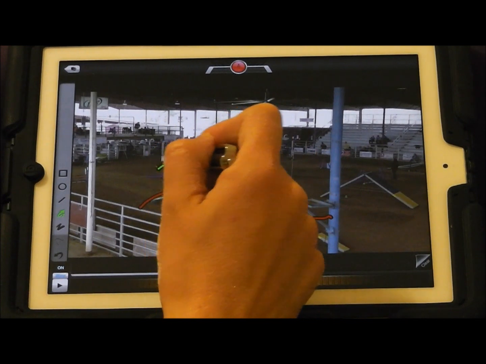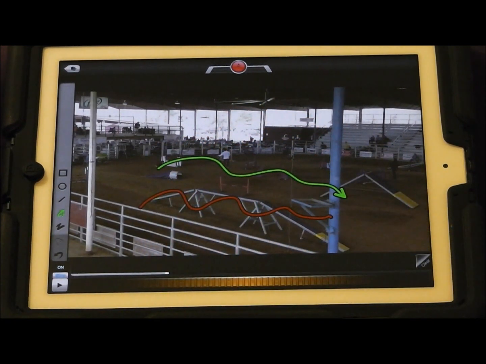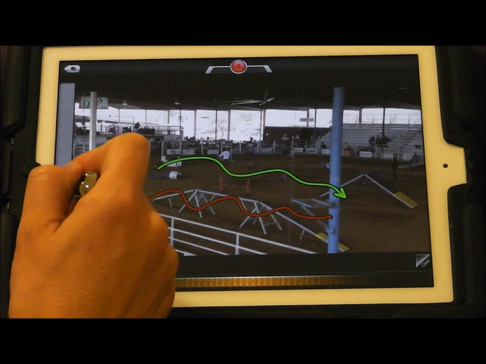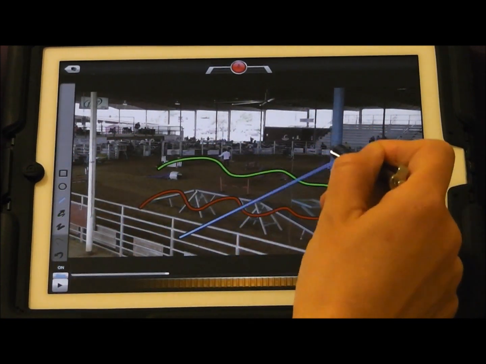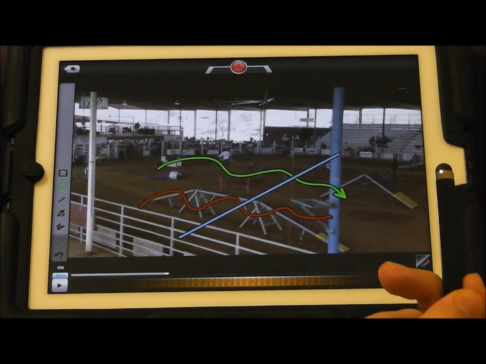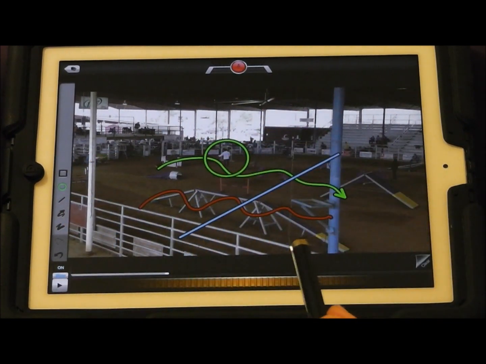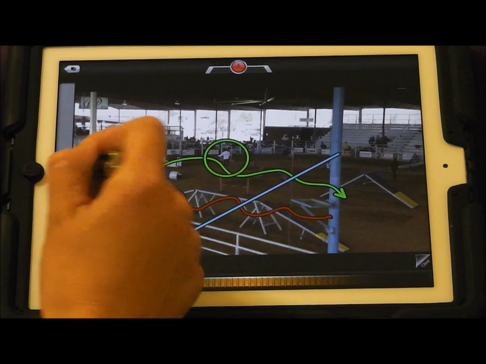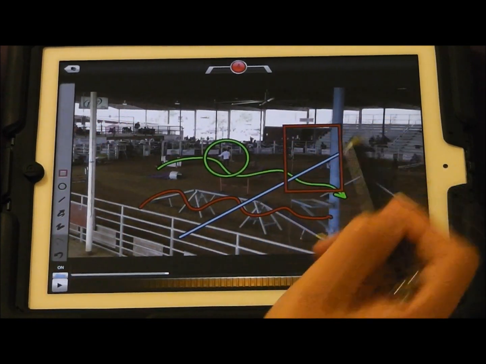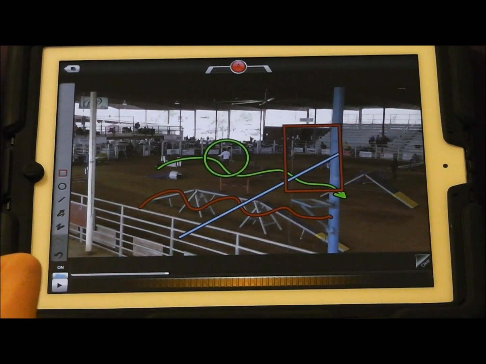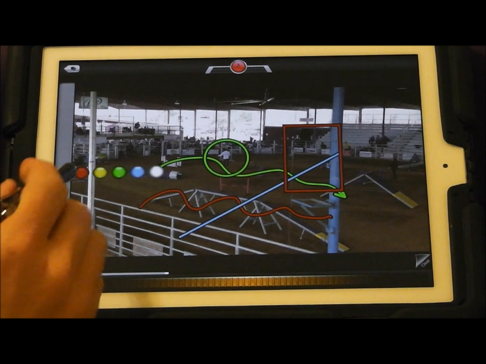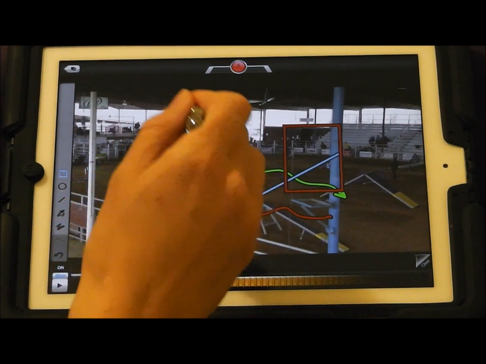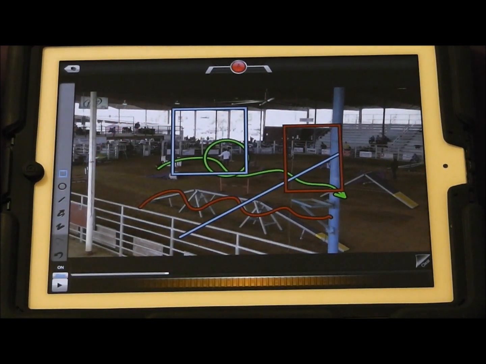We have lines with arrows. Those are great for marking dogs' paths. We have straight lines. We have circles, which can be great for highlighting certain obstacles. And we have squares. And with any of these drawings, you can tap on the icon a second time to pull up different colors. So you could easily draw a handler path in one color and the dog's path in